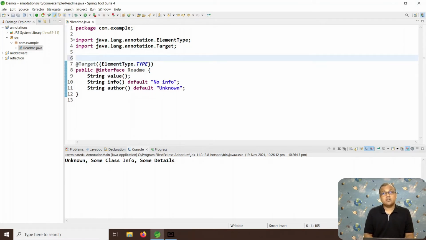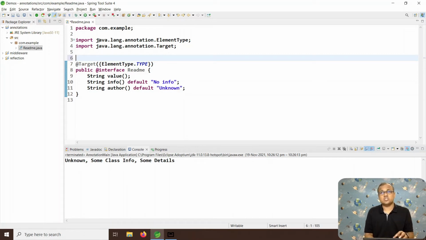Apart from this, we need to also specify what retention level this annotation should have. We learned earlier that annotations can be of source type, class type, or runtime.